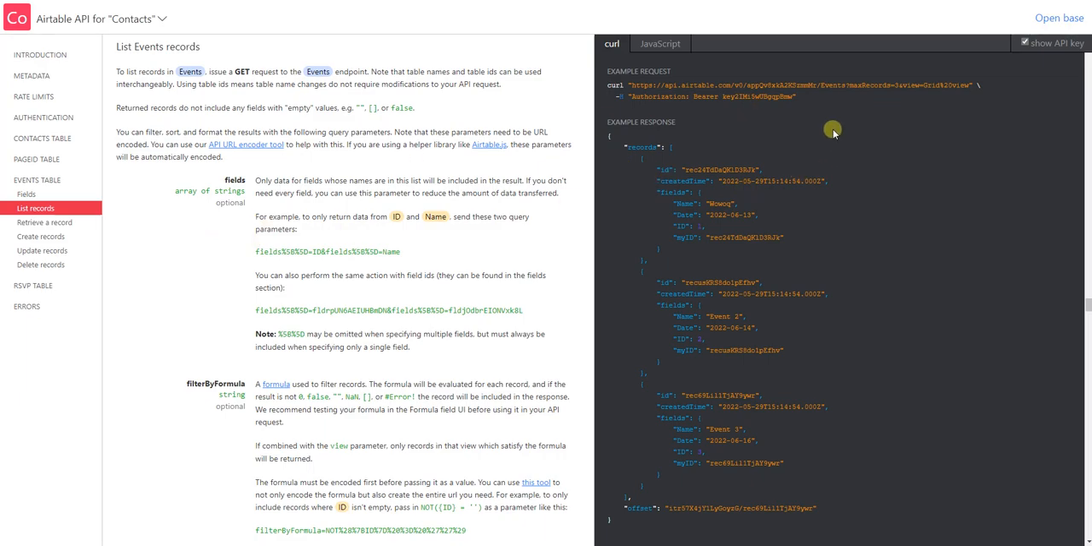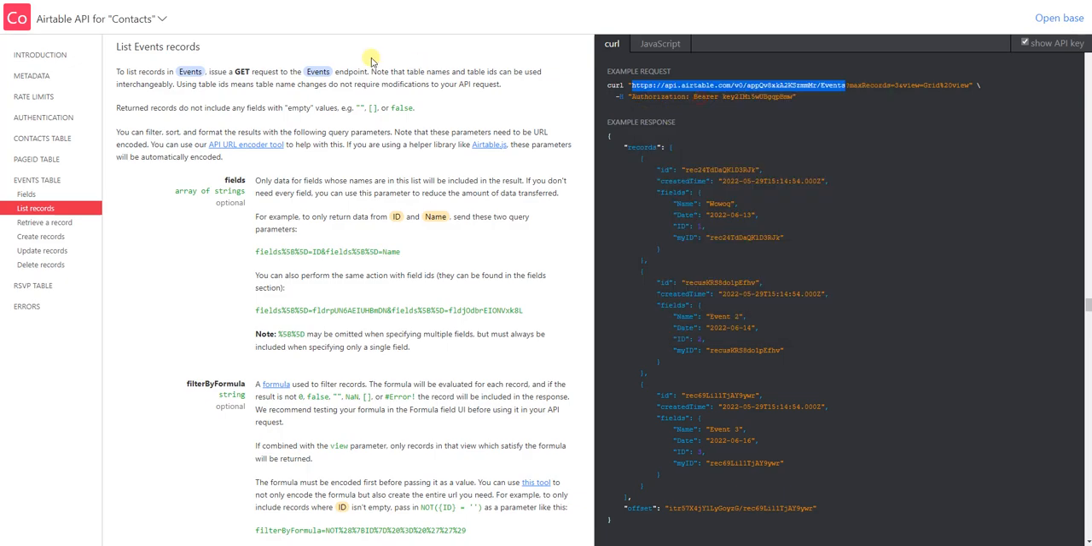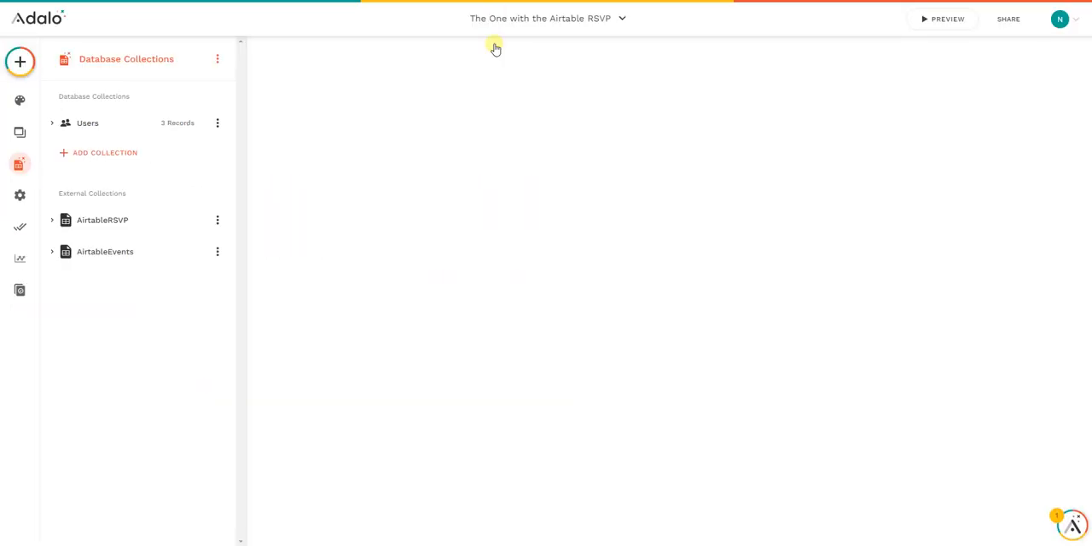So the next step is to grab the endpoint. As you can see here in the curl, we have the endpoint here. And as you can see, it goes until events and then max records equal 3, view grid. So we don't need all of this. I'm just going to copy this part because we want to get all records. So copy. And then we are going to go into Adalo, create a new,